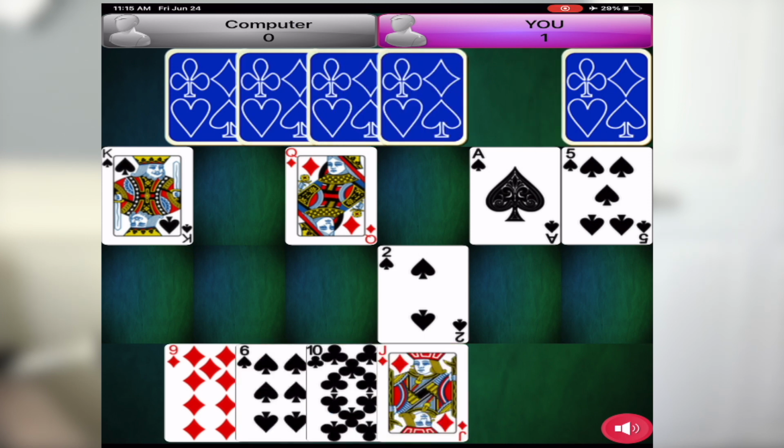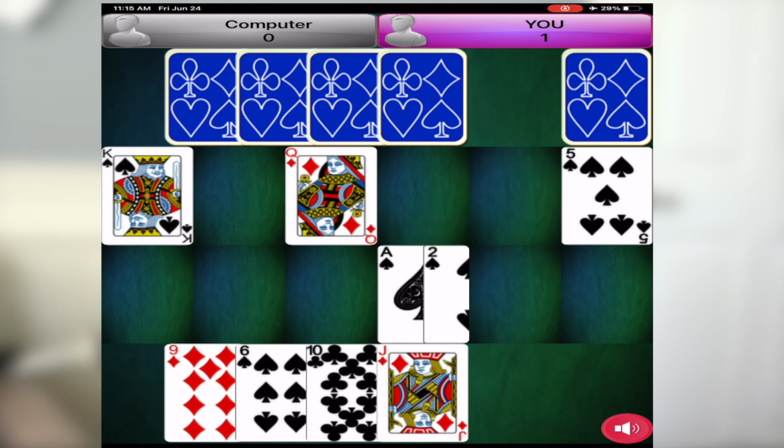Now it's 3 points on the board, and I play first. So I want to play for the 2, the ace, and a 5. But if I can only get 1, I'll go for the 2, and I can pick the ace and the 5 up with the 6, but I'm gonna go for the 9. So what I'm gonna do is put those together to build a 3, and